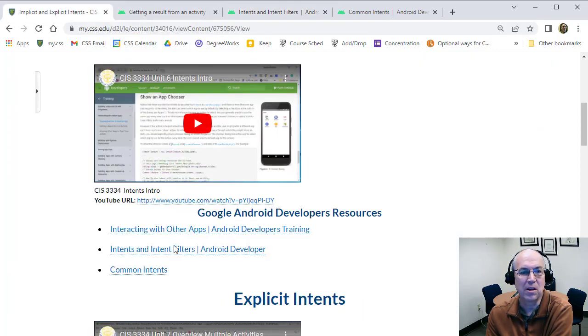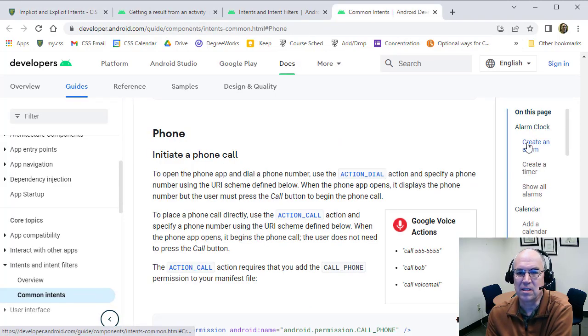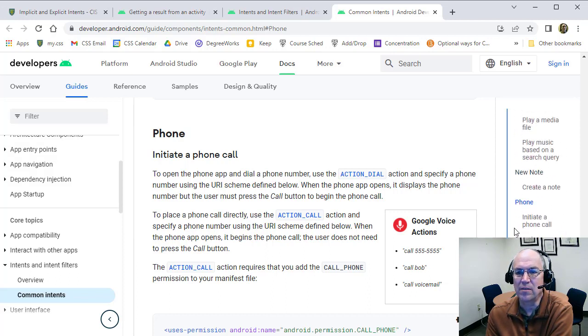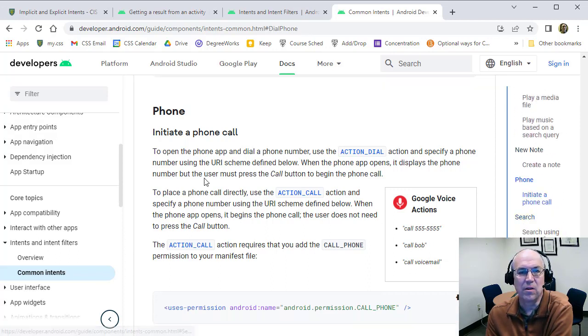Okay, the last thing we're going to look at is common intents. This is a really nice page that just lists examples of lots of common intents. Over here is a whole list of common intents. If we want to initiate a phone call, we go down here, and it talks about the phone call and what the action is,